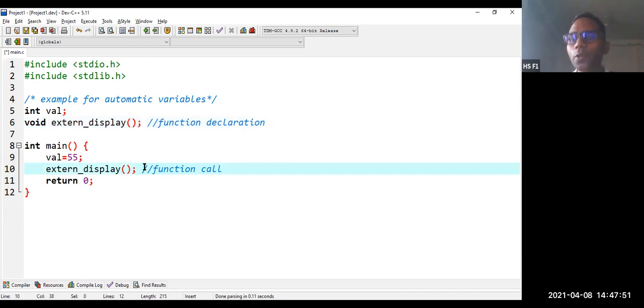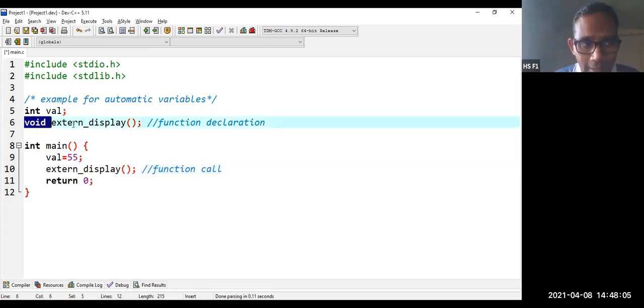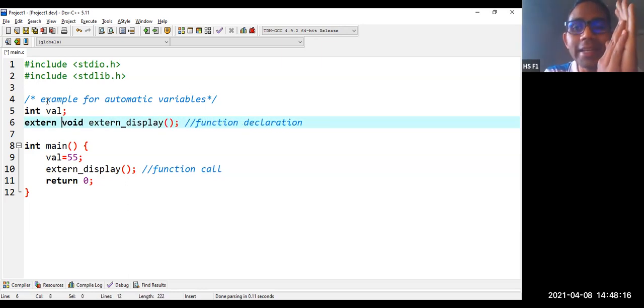This ends our first program. We are not defining this function here; we are going to define it in another program. So here we are declaring the function prototype. One modification you have to make is to write that this is an extern function. It is not a variable, it is an extern function.